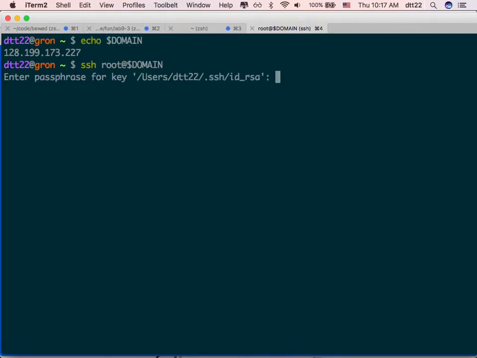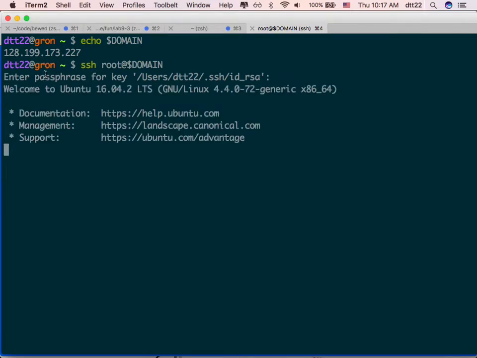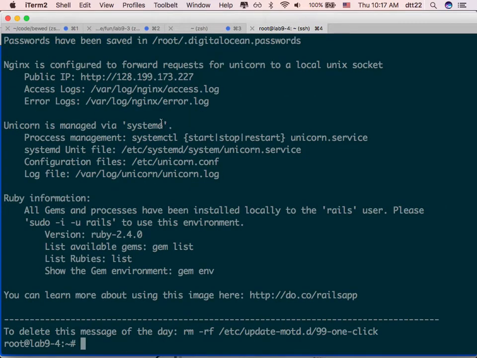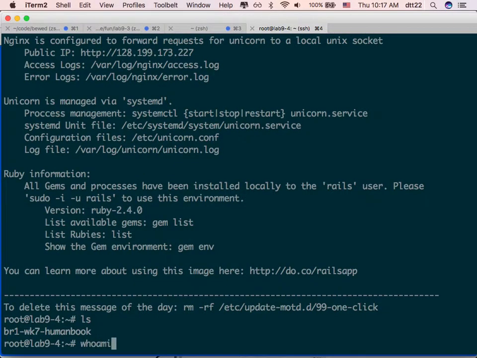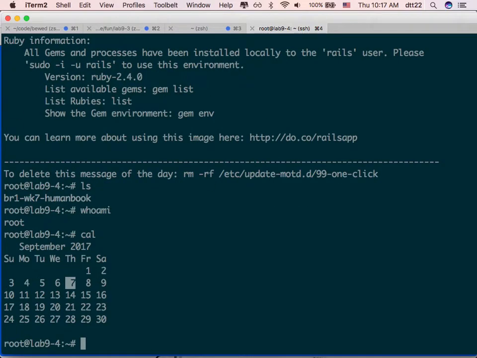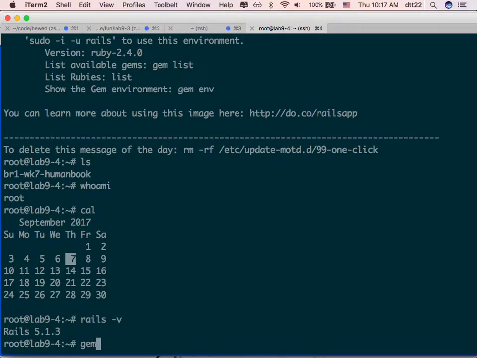All right. So depending on your setup, you may not have a passphrase. Now on your computer, you log in to the server, and now you're on your own. Everything is just Linux stuff, cool stuff that you can do on the server here. So then you're like, okay, what Rails version do I have? Do I need to install Rails? Blah, blah, blah.